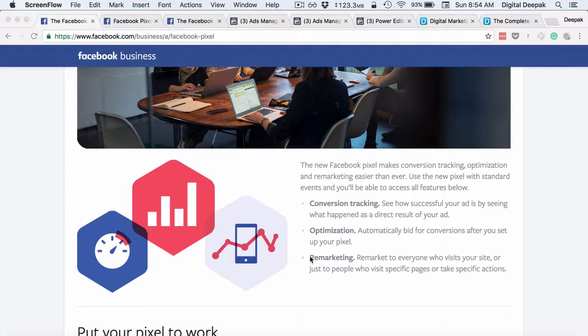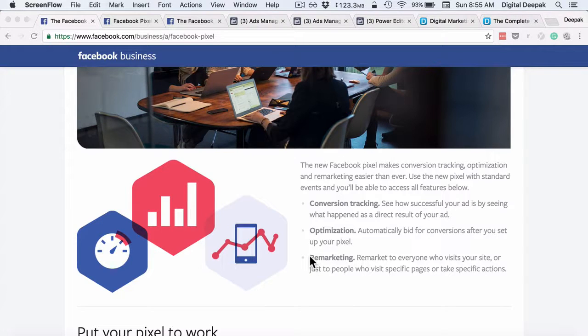So earlier, Facebook used to give us something called a conversion tracking code, which we used to place on our website. And this conversion tracking code was specific to different conversions. For example, if you want to track if customers are paying on your website, after customers pay they would land on a thank you page or order confirmation page. So when you have a conversion tracking code there, Facebook would be able to figure out that this particular customer has come from an ad click and has converted here.